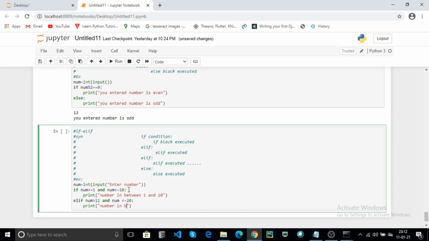Print: the number is between 11 and 20. Based on your requirement, you can use the elif.